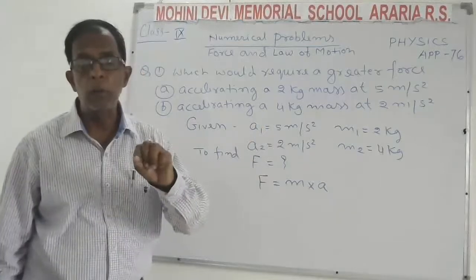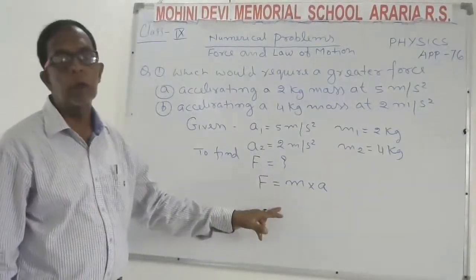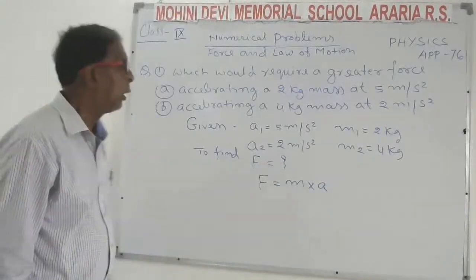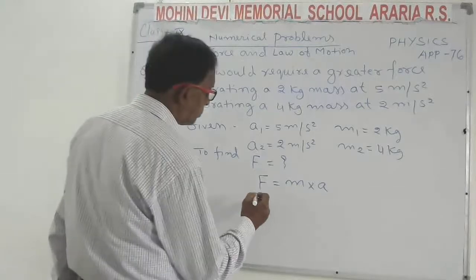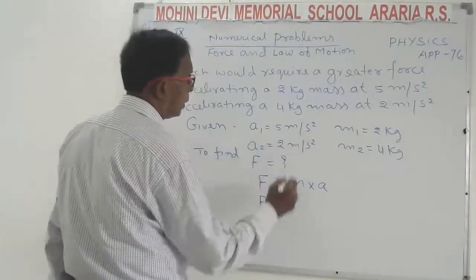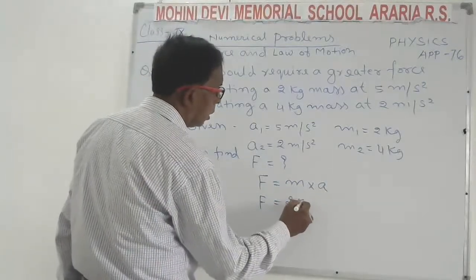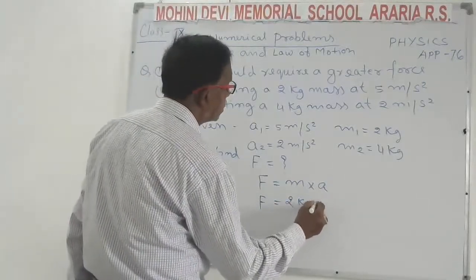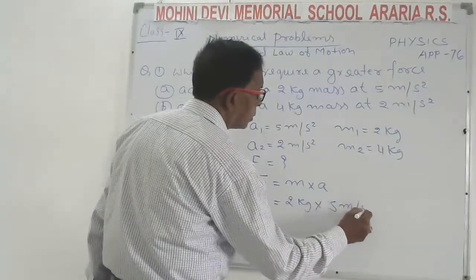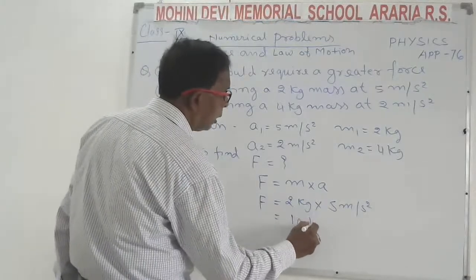So that formula is not applied here. The second law, F is equal to m into a, is applied, and thereafter the force F for the first object, with mass 2 kg and acceleration 5 meters per second square,